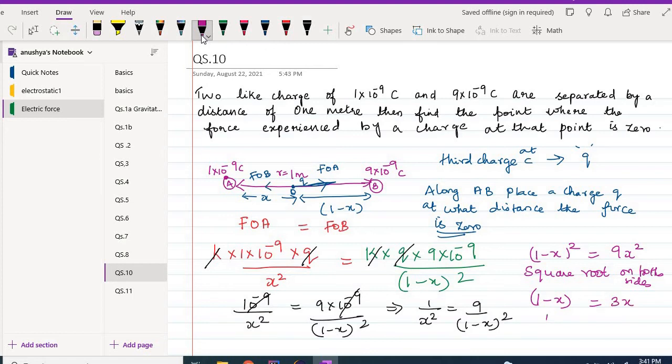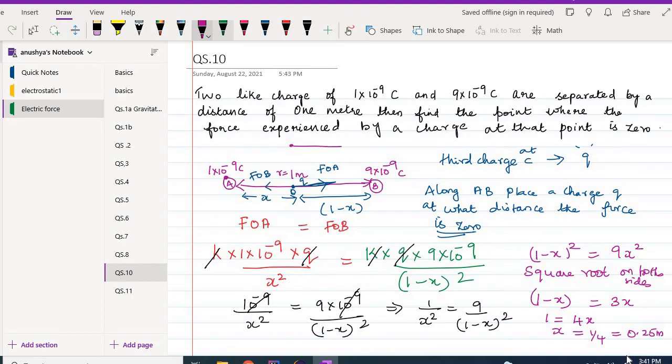Okay, therefore 1 is equal to 4x. So x is equal to 1 by 4, which is equal to 0.25 meter. So the x distance is at a distance of 0.25 meter. This charge will experience zero force. So when you place this third charge